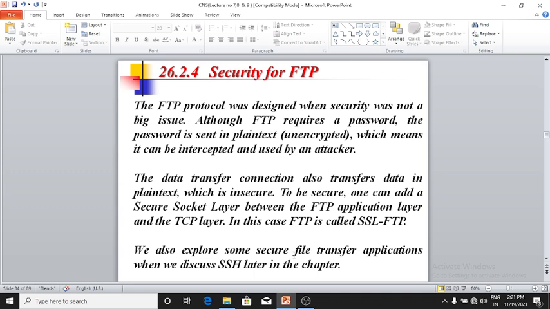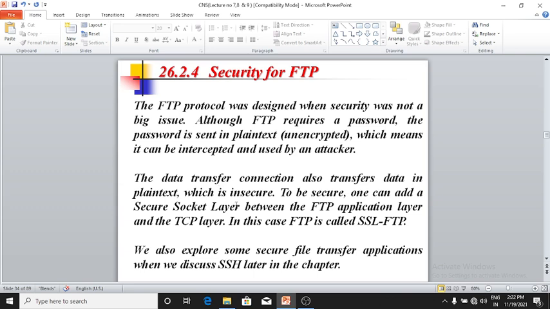Security for FTP. The FTP protocol was designed when security was not a big issue. Although FTP requires a password, the password is sent in plain text. Unencrypted password means it can be intercepted and used by an attacker. The data transfer connection also transfers data in plain text, which is insecure.